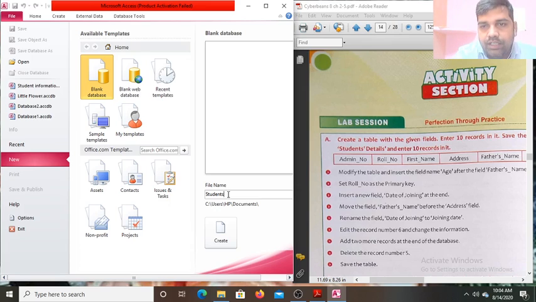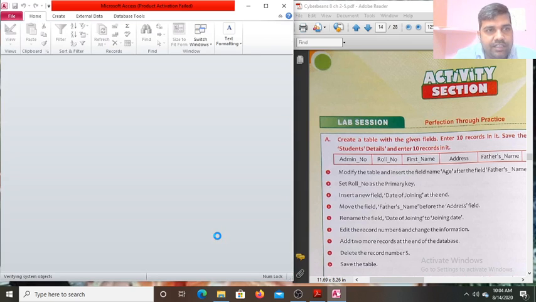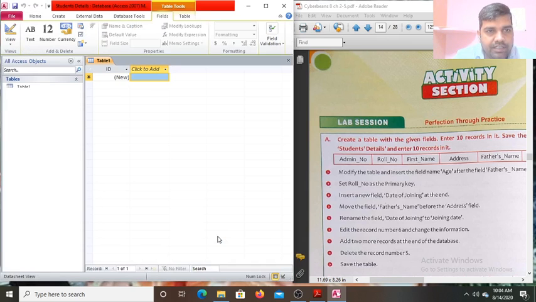Let me give the space, students details. After that we click on create. Now that database is created, with the name students details.